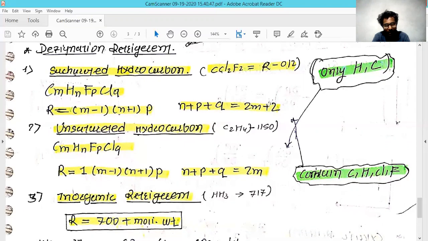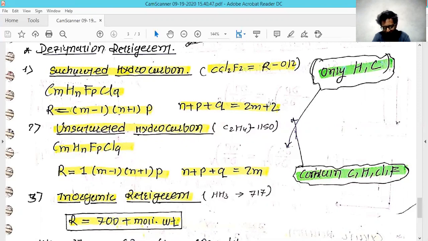So where carbon, hydrogen, chlorine and fluorine are added, apart from hydrogen and carbon, if there is another content, it will be there. That is nothing but a saturated hydrocarbon. In that process, I would like to take an example, which is CCl2F2, which is denoted in the form of this